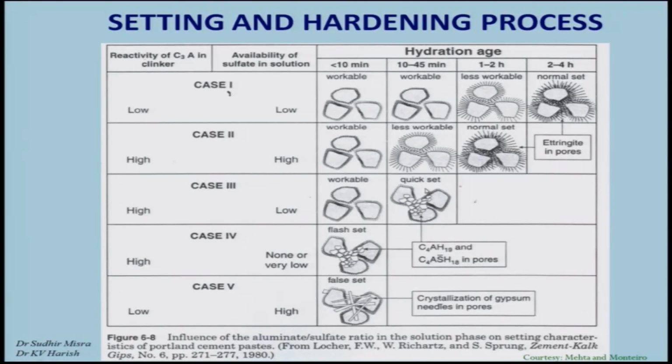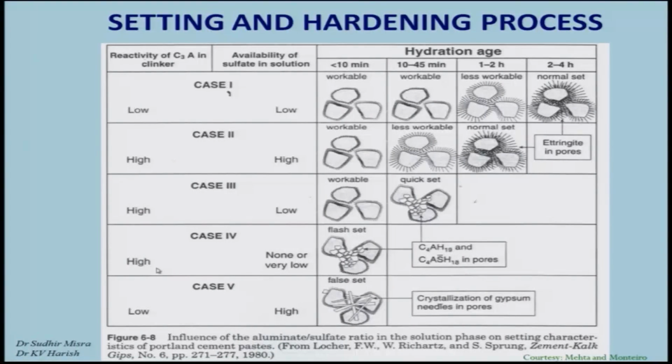And remember that we have already seen when we discussed chemical reactions that we generally do not prefer quick set. So in the case of high-low case, we have a quick set which happens within 45 minutes,